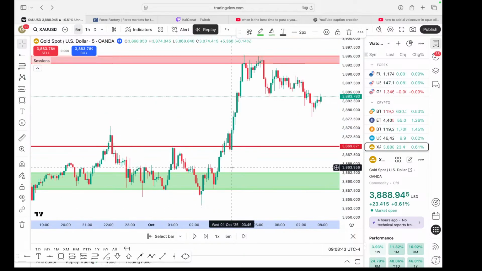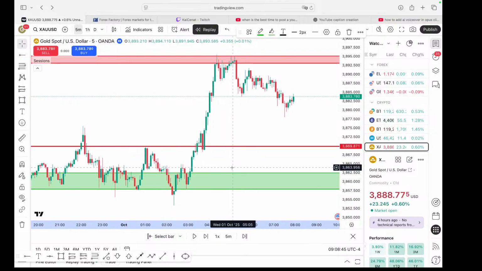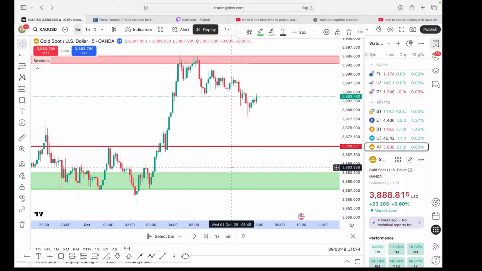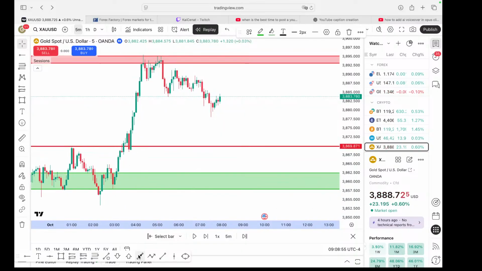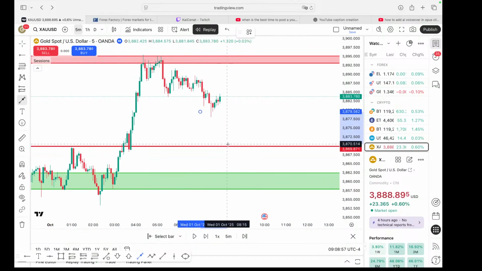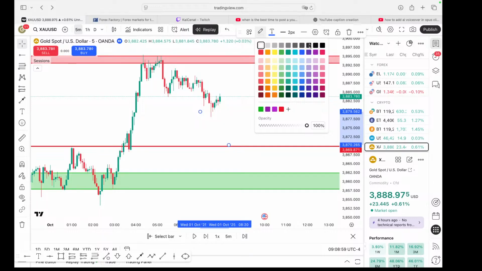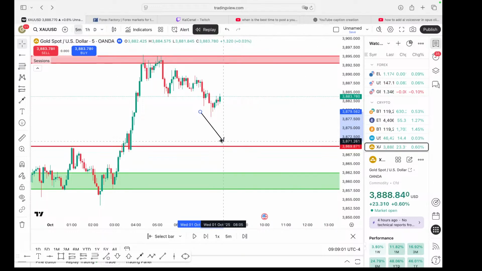All right, and I'm going to do this in the dark theme as well so you guys can see. All right, guys, so we're all set. Basically, it is very rare, but it does happen sometimes where price will just make contact with this line right here and shoot right back up. Normally price will pull back below into a 5-minute zone like this one, and then it'll shoot back up.